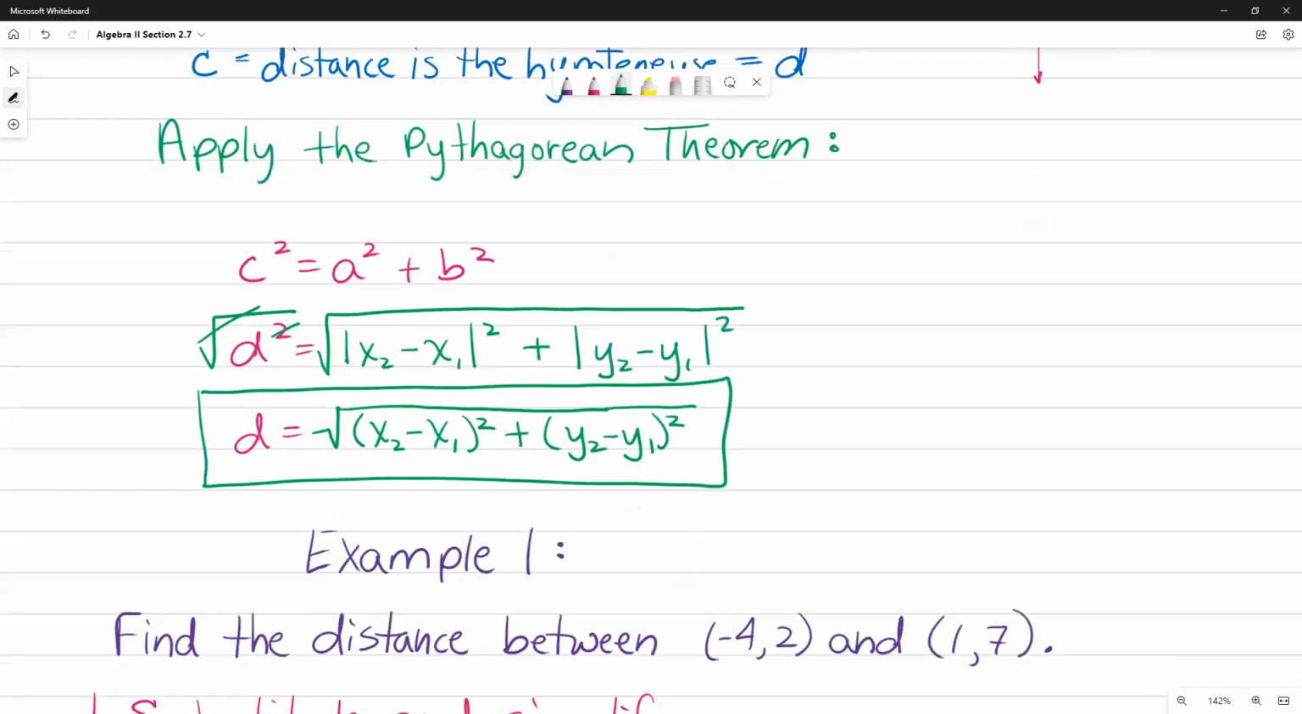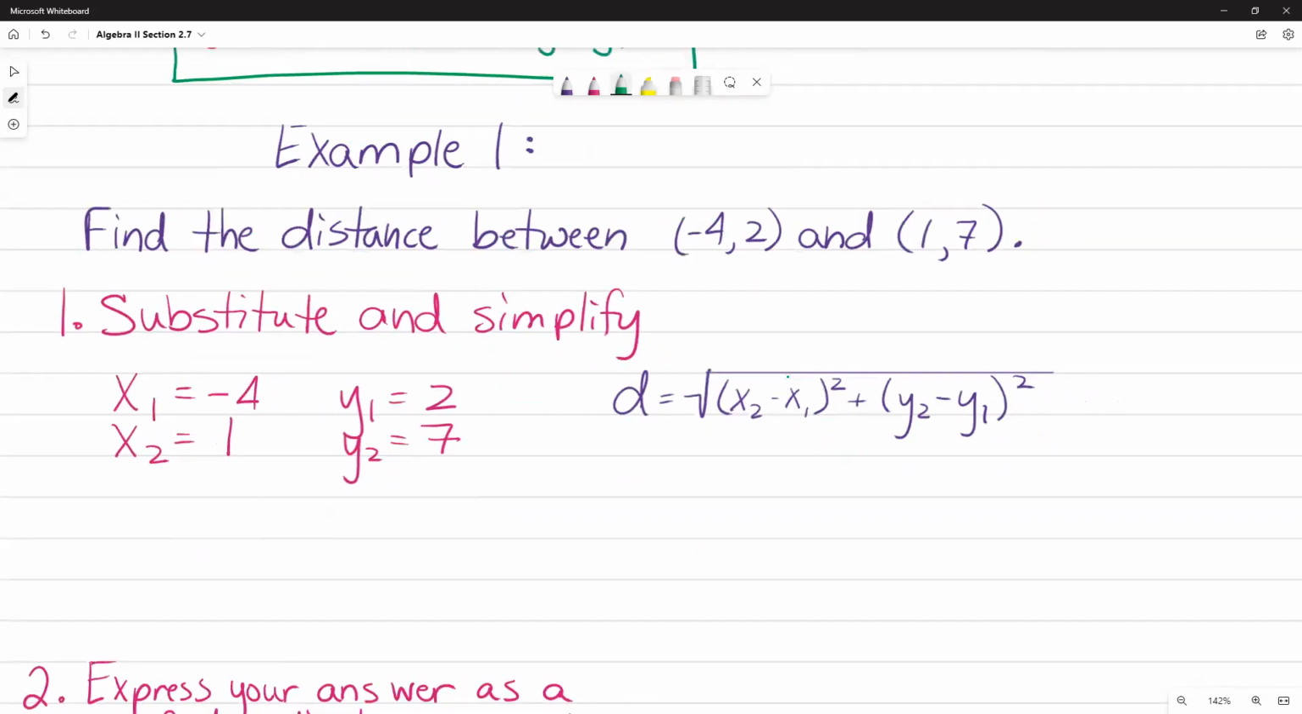So let's look at an example of that. We are given, find the distance between the two ordered pairs, (-4, 2) and (1, 7). So again, this is our equation. I have already gone ahead and labeled my X1, X2, Y1, Y2, because I have to have that. Otherwise I get really confused. And then you just plug those values into your distance formula and solve. So distance equals